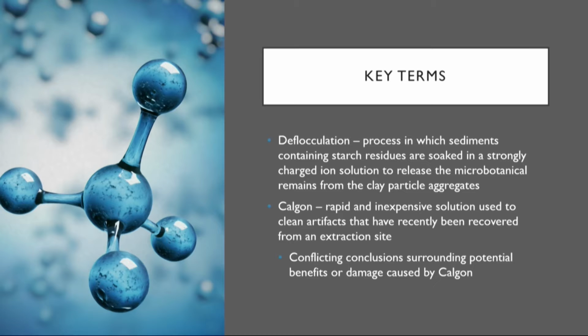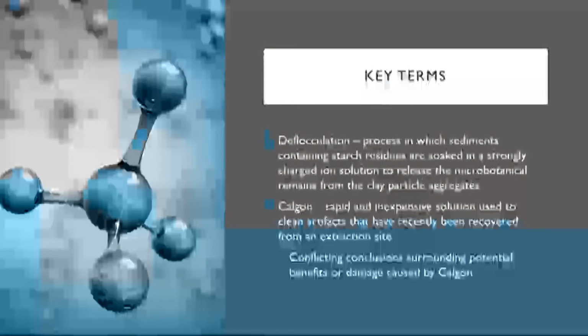Deflocculation is the process in which sediments containing starch residues are soaked in a strongly charged ion solution to release the microbotanical remains from the clay particle aggregates. And this just means that a sediment sample recovered from a site or an artifact must be soaked in a solution which separates the microbotanical remains, like the pollen or starch that is being analyzed, from the clay and silt from which the